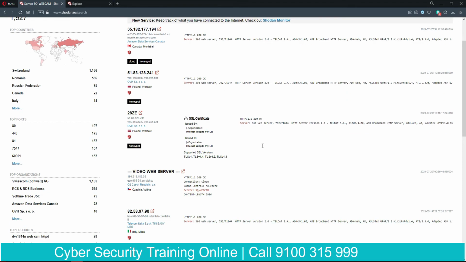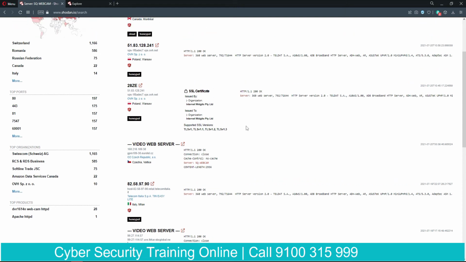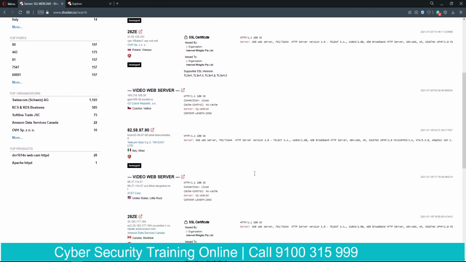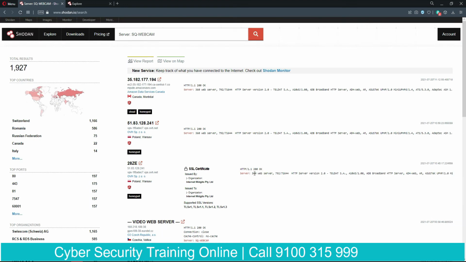And then here you will also see video web server, and wherever there is a red highlight, this is our string which we were searching for. So server SQ webcam here. Alright, so I hope you got a little idea about what I'm trying to say here.